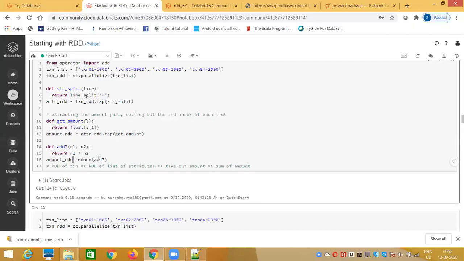Whereas repartition is one of the functions which triggers shuffling of data. So that's why these transformations are broadly categorized into two types. We call them narrow transformations and wide transformations. Narrow transformations don't require shuffling of data, wide transformations require shuffling of data. Wide transformations are otherwise known as shuffle boundaries also.